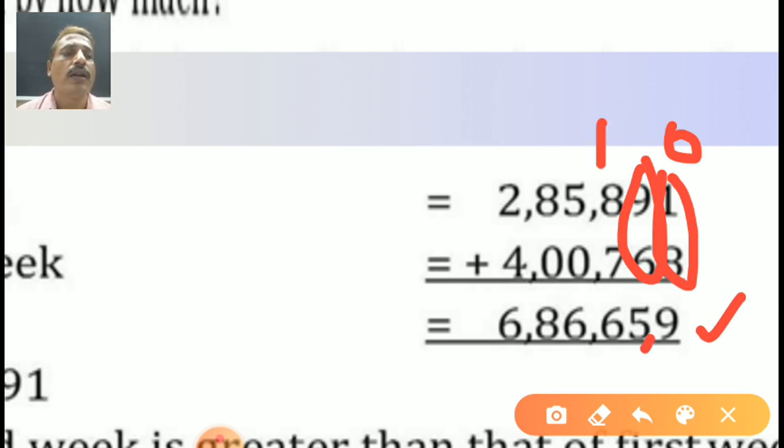1 plus 8. What is the answer? 9. Now tens place. 9 plus 6. What is the answer? 15. 5 is here, 1 is the carryover. 1 plus 8, 9, 9 plus 7, 16. Yes, very fast, student. 1 is the carryover. 1 plus 5, 6. Yes, very nice. 8 plus 0, yes, you are right, student. 8. Now 4 plus 2, or 2 plus 4? Both are the same answer. 6. Your answer is here. Very hard or very easy? Very easy.